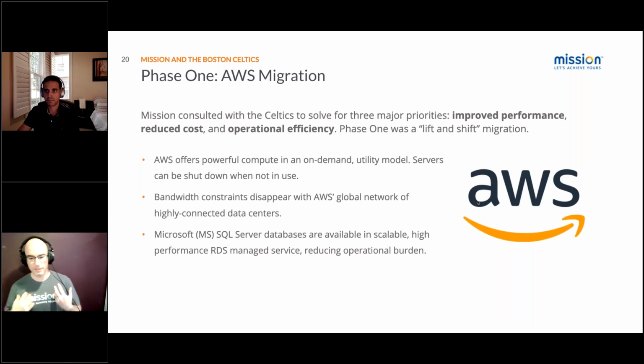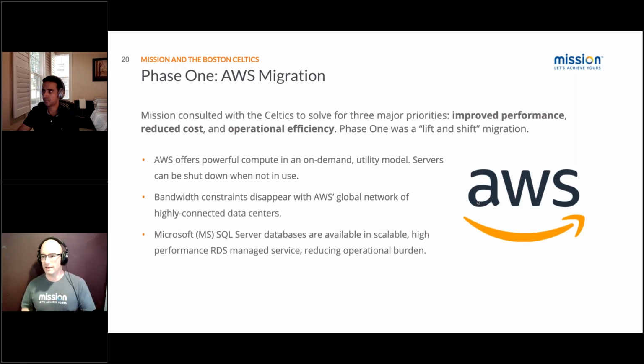So we spoke to them about ways that we could help and how AWS could be the major force for all of this. The on-demand compute model for AWS gives you the flexibility in capacity and to pay for that capacity, which you don't have in an on-premise or a hybrid model. In addition, once you start bringing workloads to AWS, the previous bandwidth constraints you saw, both between machines themselves and between internal networks and external networks, start to disappear because of AWS's global backbone.